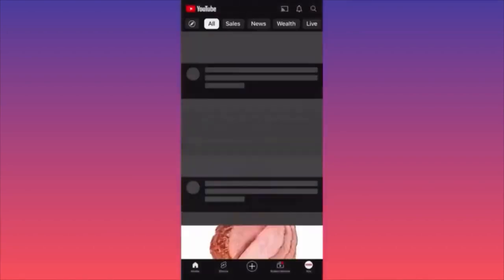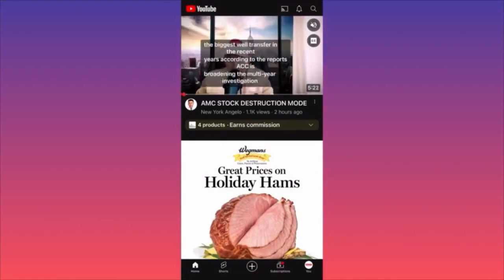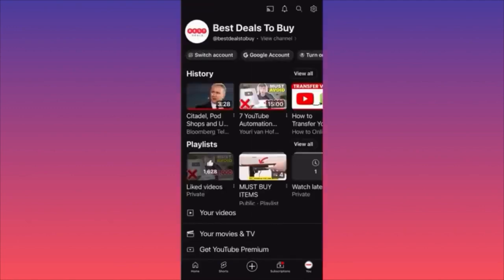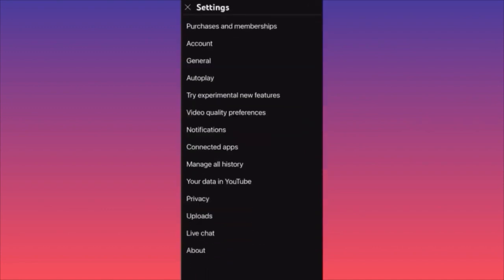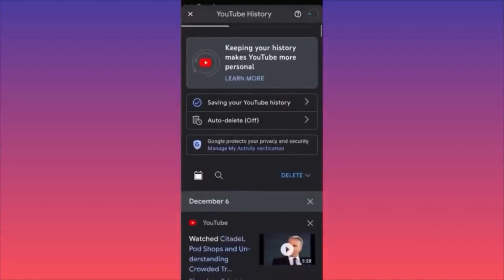When you actually launch the YouTube app, it will take you through the feed of YouTube. You want to go on your own profile, so you're going to click on the lower right corner where you see the icon that says You. You click on it. When you're on your own profile, you want to click on the top right corner where the gear icon is. And then when you're at the settings, you want to click on Manage All History. You click on Manage All History, and here you will have the options essentially to look up and to see,